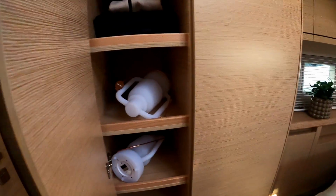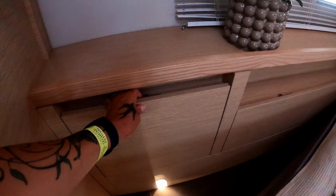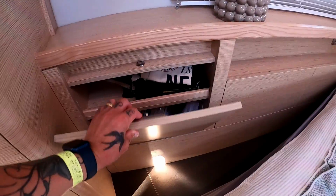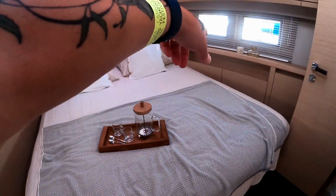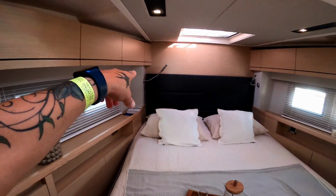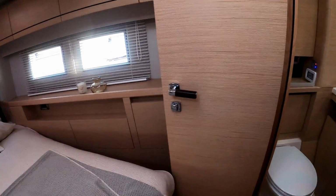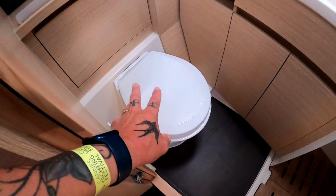You have storage here, another one here, and a larger cupboard here. There's loads of storage on this boat, which is really good. So there should be for a 55-foot yacht. That mirrors all the way along and on the other side. Once again, you have USB charging, mains plug over here, and coming into the owner's head, these guys have their electric flush,